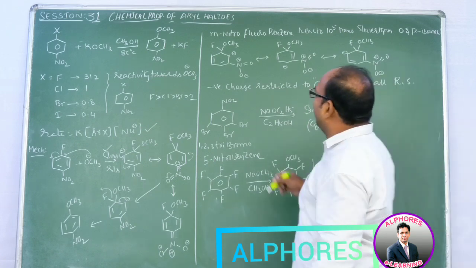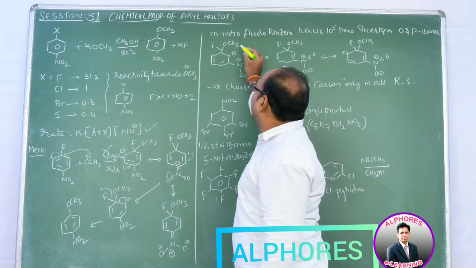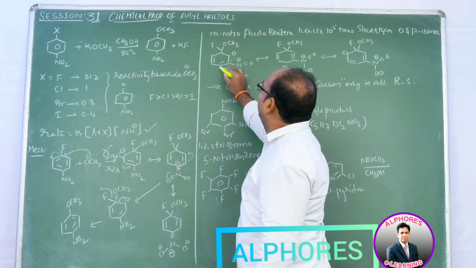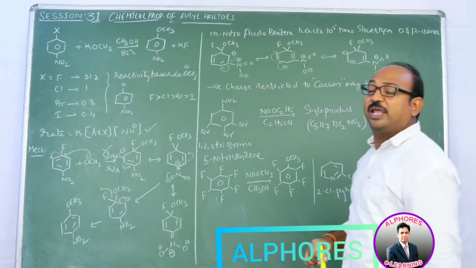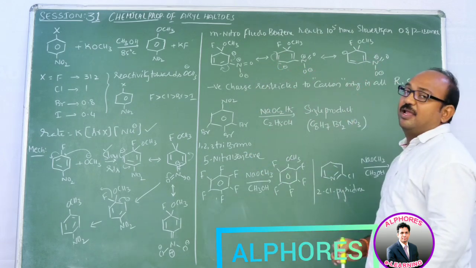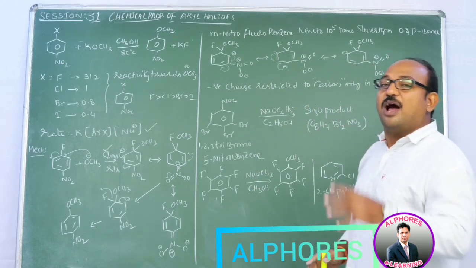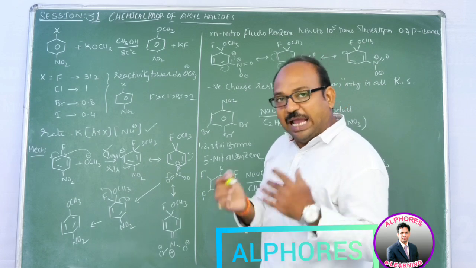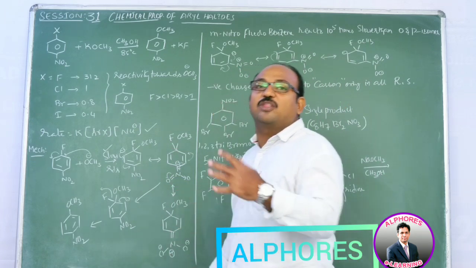Have a look. Here also negative charge comes to one of the carbons. Then this will be delocalized here, and a negative charge comes here, and this negative charge again is involved in delocalization. We are getting this structure. But unexpectedly, if you observe here, that negative charge is not that stable, as the carbanion which is stable in the case of ortho and para.